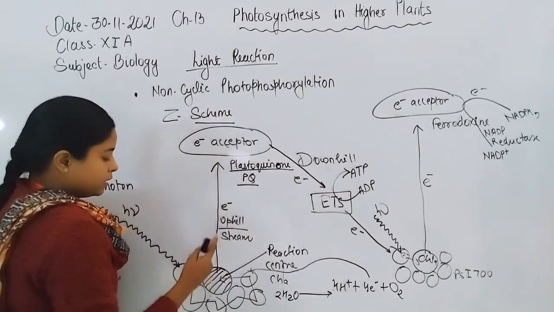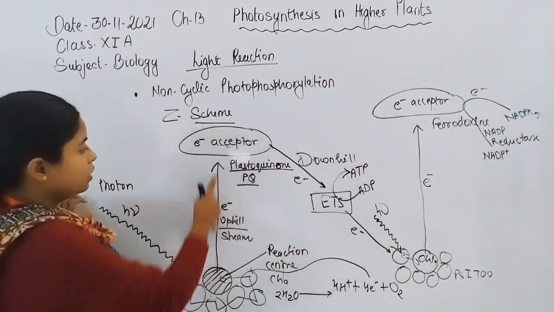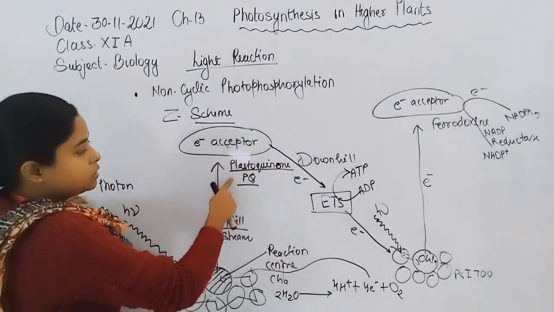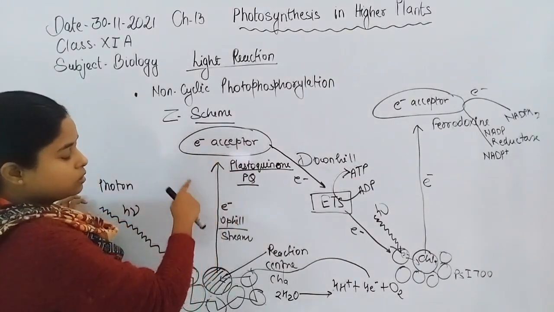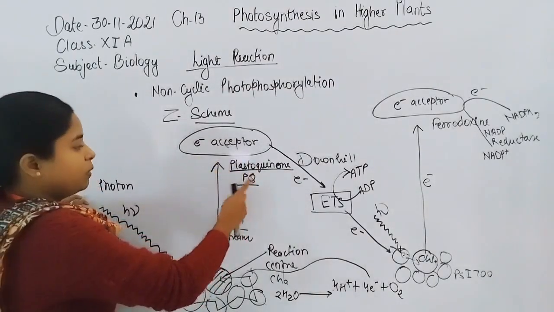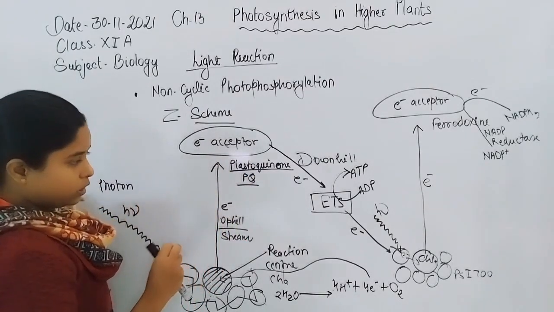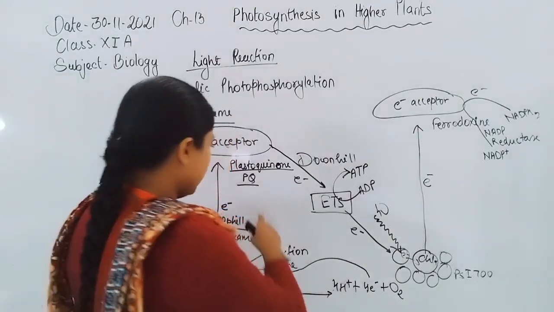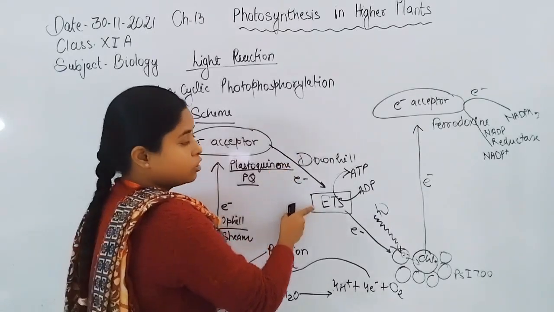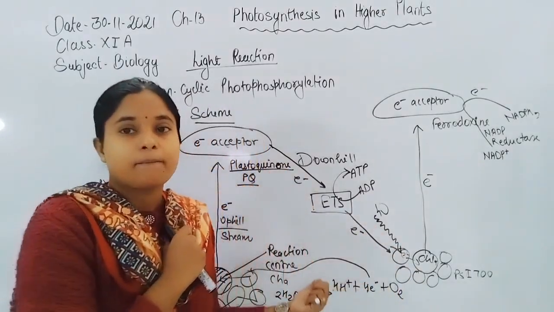The chlorophyll A gets excited, or the electron gets energetic, and jumps from the orbit of the chlorophyll A. That is accepted by the electron acceptor, which is also a proton acceptor. During this time it accepts the electron and releases its proton. Plastoquinone accepts the incoming electron and releases the proton in the matrix. Now, plastoquinone transfers the electron in a downhill manner to the electron transport system. Through the electron transport system, there will be formation of ATP molecule.